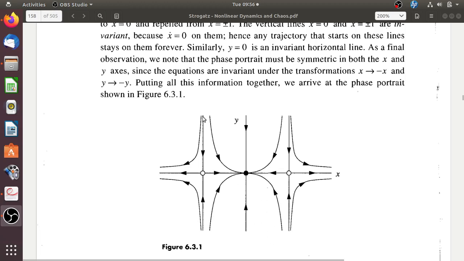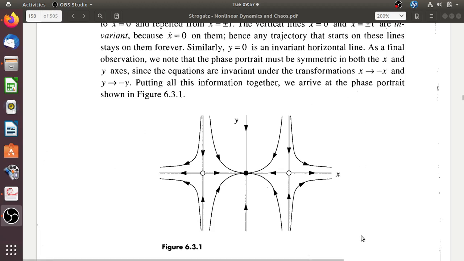But if the initial condition is over here, then it cannot reach this, because luckily for this case the null line becomes a stable manifold. So this is also a trajectory and it cannot cross. Generally a null line will not be a manifold, but here we have got it as a manifold. So it will go in this manner, and similarly this will go in this manner.